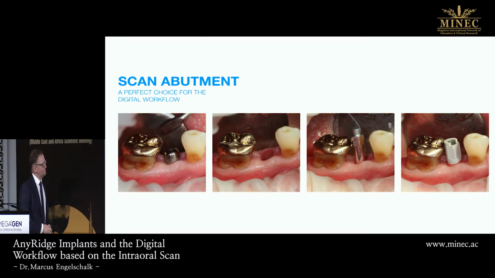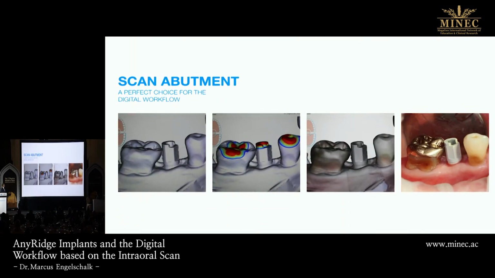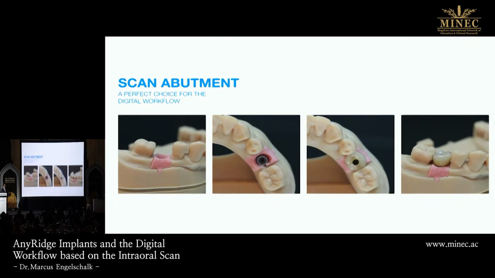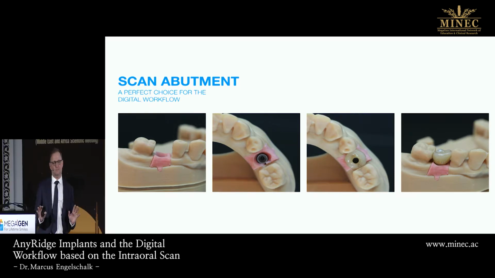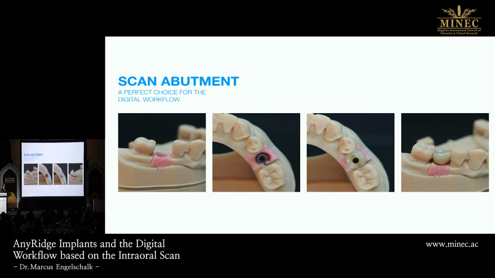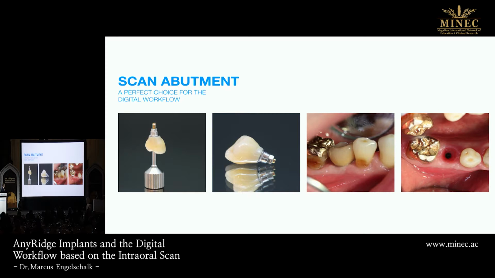This is a scan body. This is another intraoral scanner. The first was the True Definition. This is an iTero. You can see everything. Everything is nicely and perfectly scanned. And you can build your models. It's not a problem. Just print them. It won't take a long time, and then you can do anything you like. It's the same again. You get the emergence profile here, and you can keep the biology you tried to build